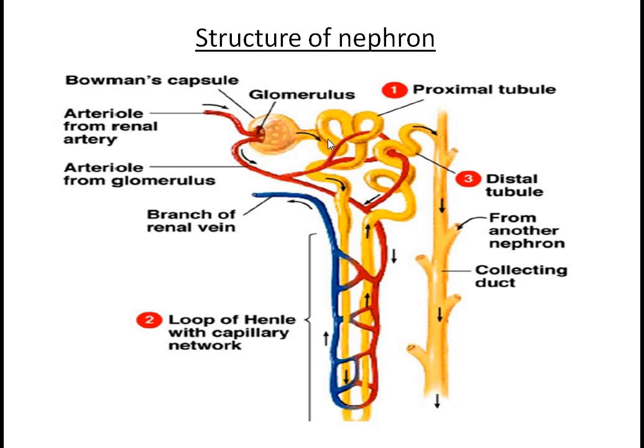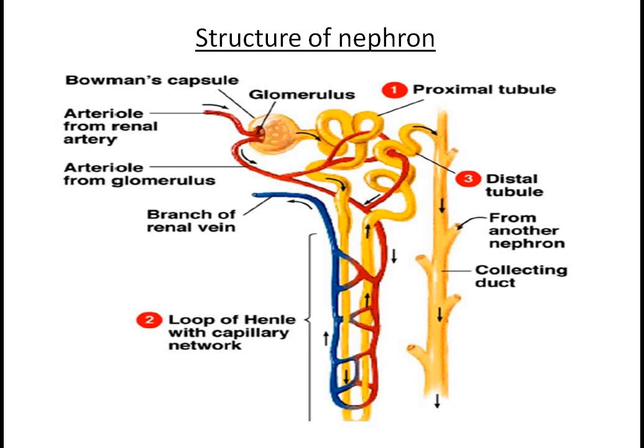When the blood is filtered, so much water is removed that is needed by our body. A large amount of water is removed from the blood that should be reabsorbed, otherwise there will be dehydration in the cells. Most of the water content in the blood is filtered in this glomerulus. So this water should be reabsorbed, and some salts, glucose and amino acids should also be reabsorbed.